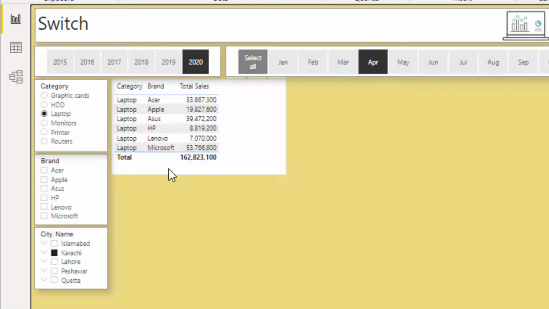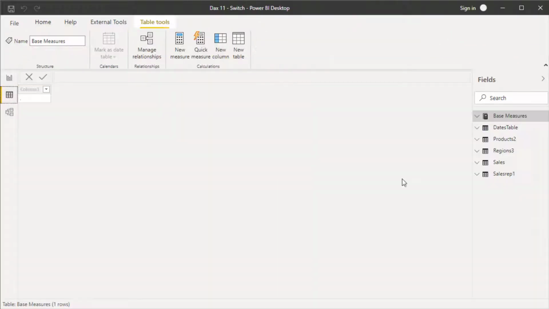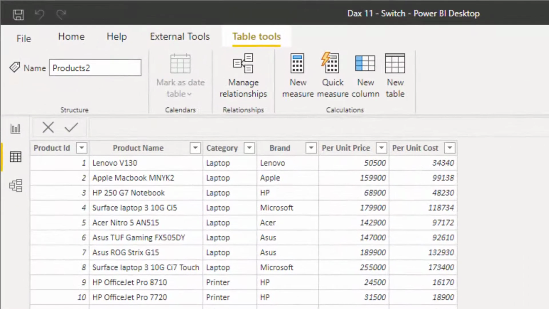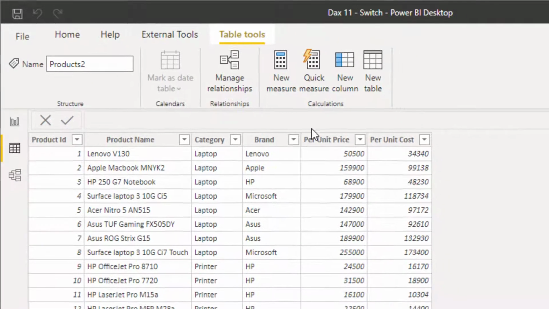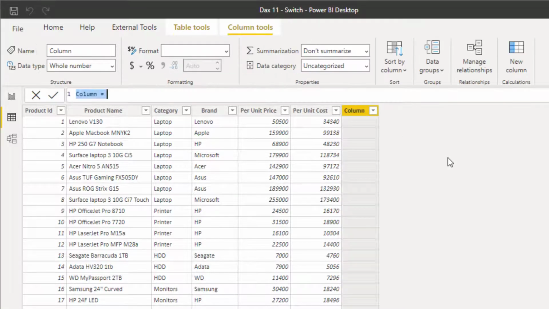To achieve this task, we will add a calculated column in the products table. Let's look at the table first. In the products table, we have different brands appearing in this column, and we are going to add a calculated column to add the different brand groups. First, let me use the IF function to perform this task, and later I'll show you how to do this using the SWITCH function. For this purpose, I'm going to add a new column here. We will call this IF brand group,